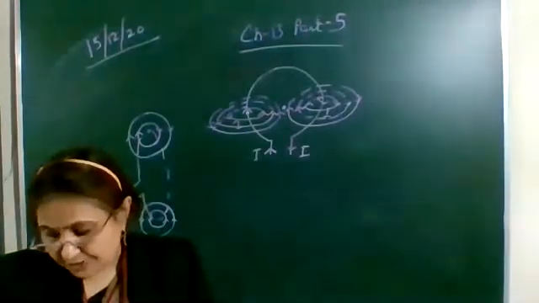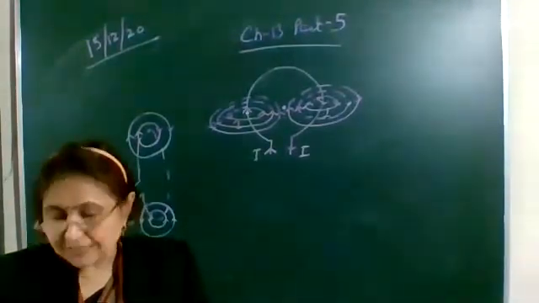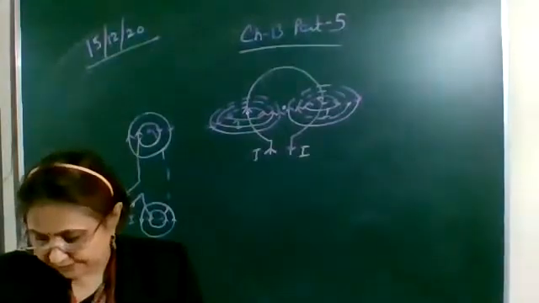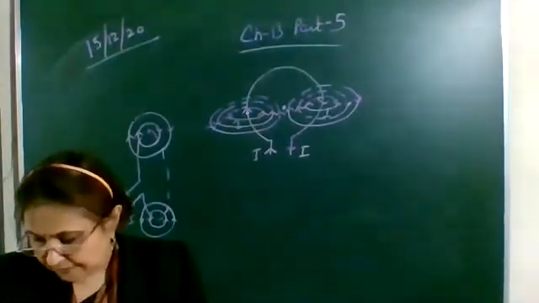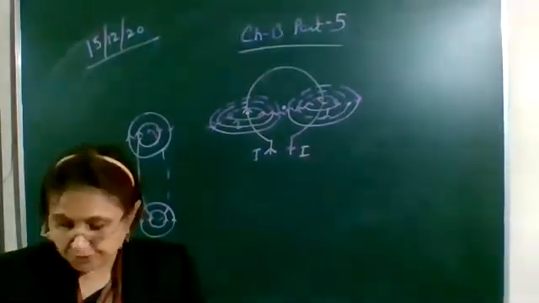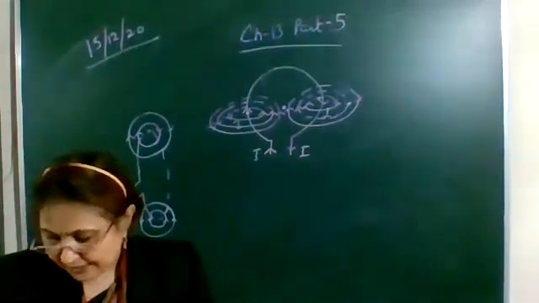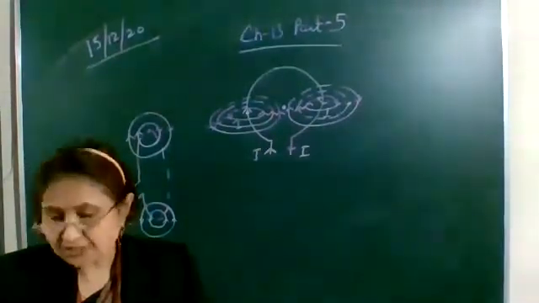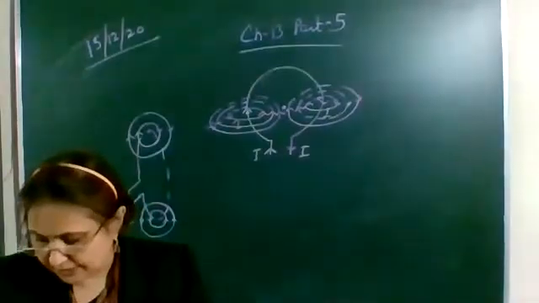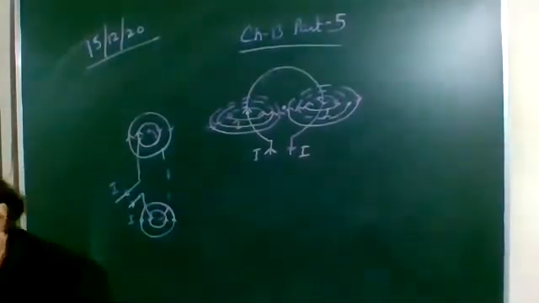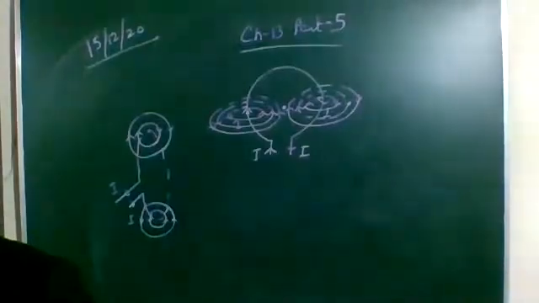Okay, magnetic field due to a current through a circular loop. Let's read it. We have so far observed the pattern of the magnetic field lines produced around the current carrying straight wire. Suppose this straight wire is bent in the form of a circular loop and the current is passed through it.